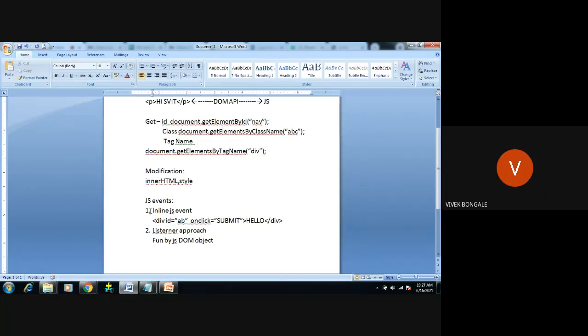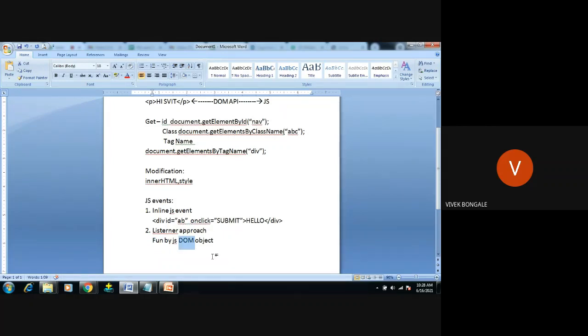When it comes to the inline JavaScript event, we have no need of any JavaScript; directly we can use HTML. But with the listener approach, we're going to create the events with the help of the function and the DOM object.